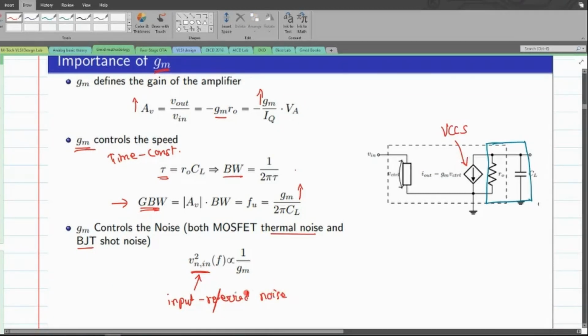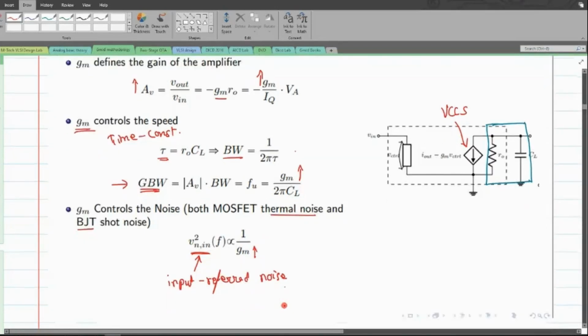And this input referred noise is again inversely proportional to the GM. So we want this noise to be kept as small as possible. And in order to have that noise to be small, we have to have a large value of GM. So increasing the value of GM in turn lowers the value of the input referred noise. So again, what we could see here is that we need a very high GM to achieve any of the parameters that we actually wanted out of the transistor that we use for the circuit design.